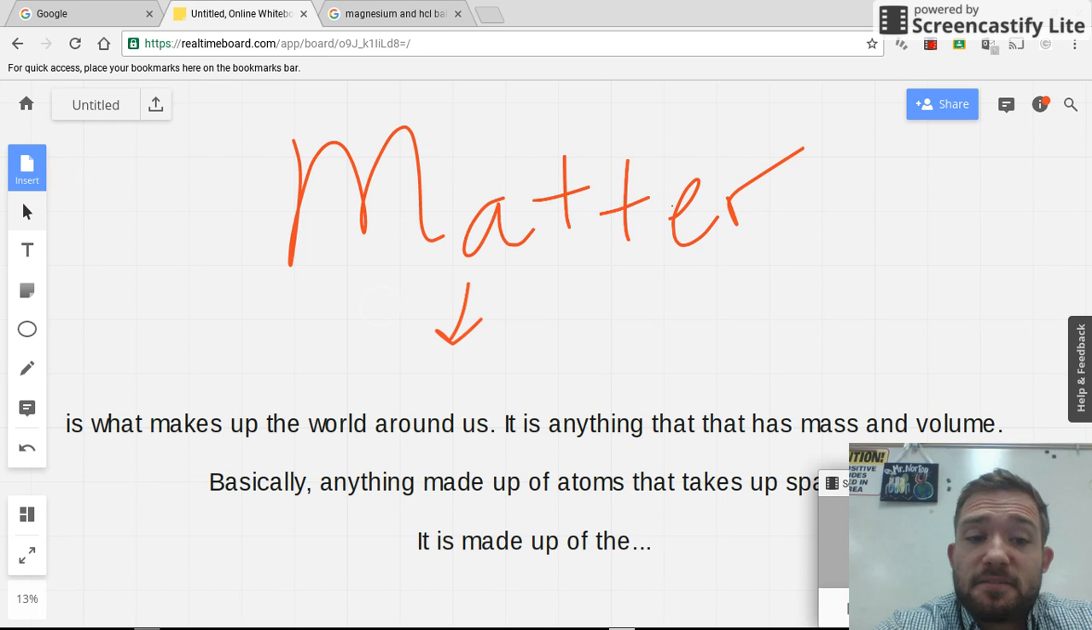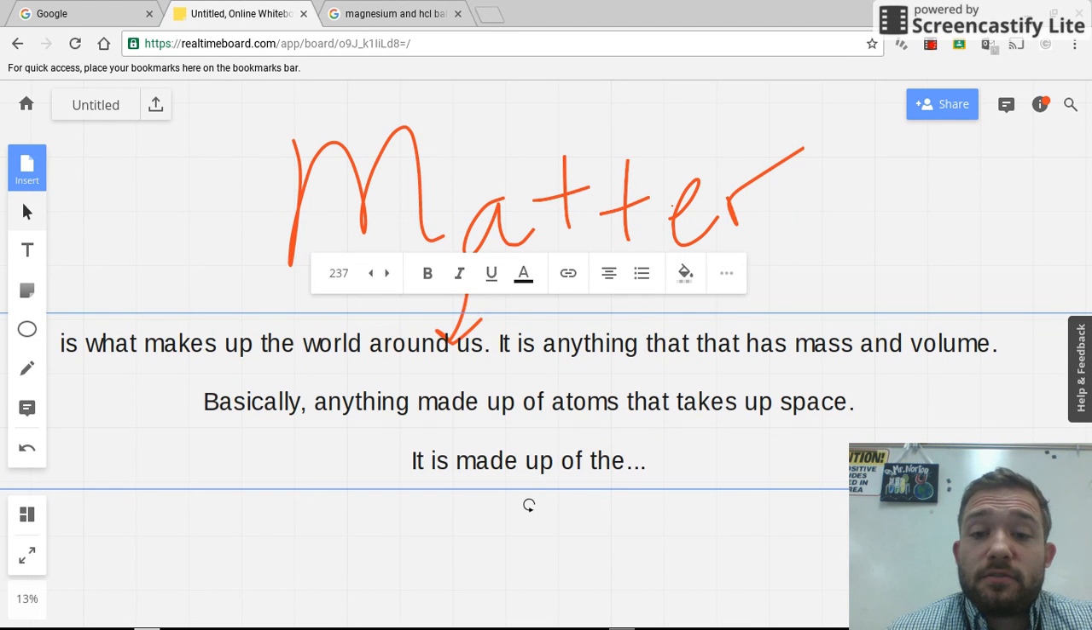So let's start with this. Matter is what makes up the world around us. It is anything that has mass and volume. Basically, anything made up of atoms, and that takes up space. Atoms are what gives matter mass, okay? Gives it something that we can weigh, all right? And it is made up of